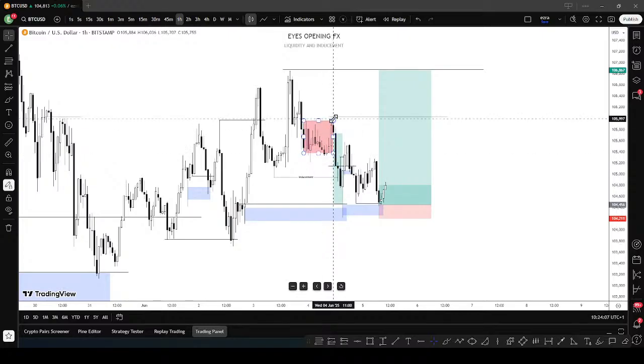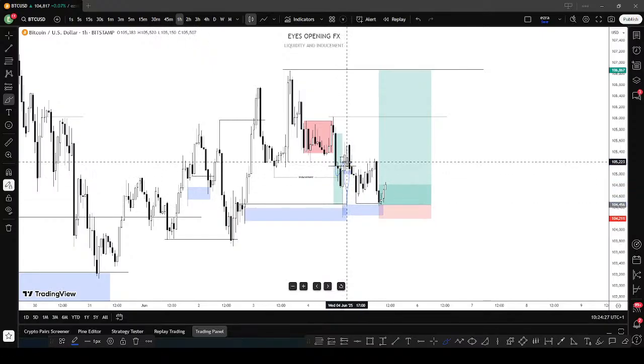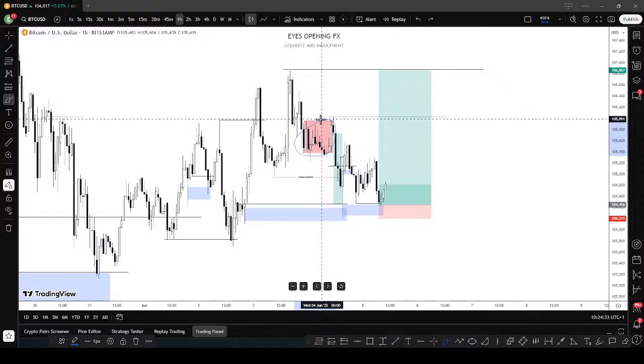You have here the sign of strength, which is mostly inducement to induce liquidity on the opposite side before the down movement or the down push. After the down push, sometimes market do create like one leg like this. It can be visible on that time frame, then break that high,